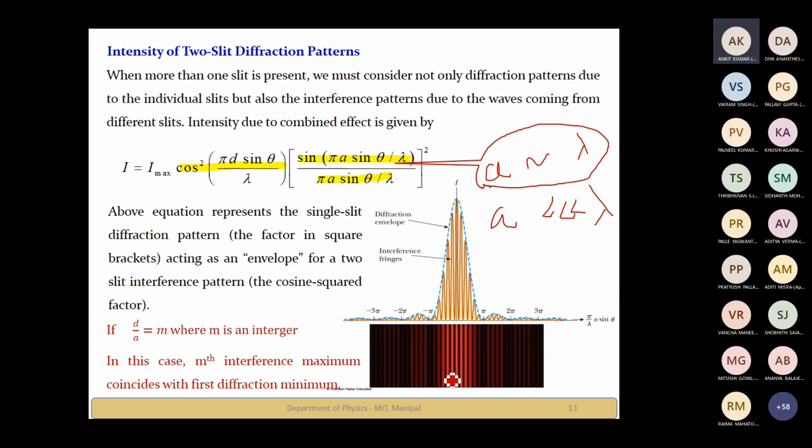In the interference effect, we neglect diffraction for the simple reason that the width of the slit is very much less than lambda. That means each portion of the slit is occupied by a small portion of the wavefront, and we can treat it as a point source. Wavelets originating from the point source undergo superposition, and you are able to eliminate diffraction, since we all know that in diffraction the superposition takes place due to light waves originating from the same wavefront in the slit. Since you are reducing the width of the slit in interference, it is almost like a point source at slit 1 and slit 2.